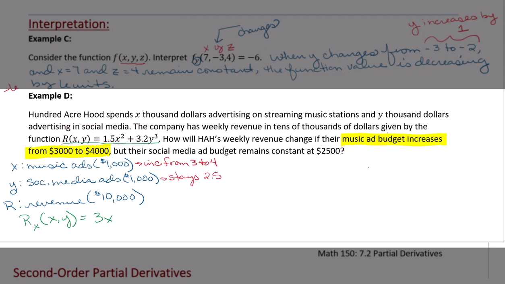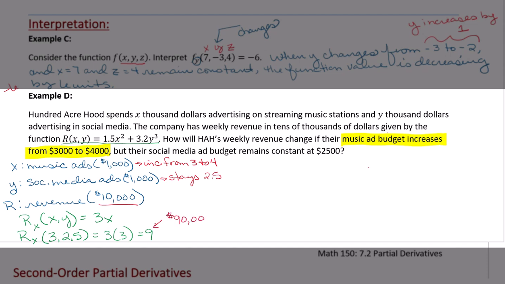Now let's plug in the values. X started at 3, it increased to 4. Y remained constant at 2.5. So if we plug that in, we would get 3 times 3, which is 9. And don't forget that 9 is our revenue. Our revenue was in tens of thousands of dollars. So that represents